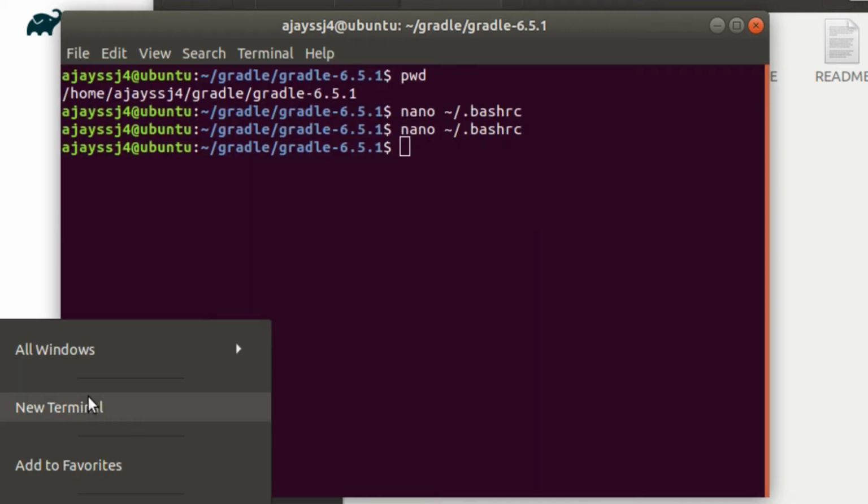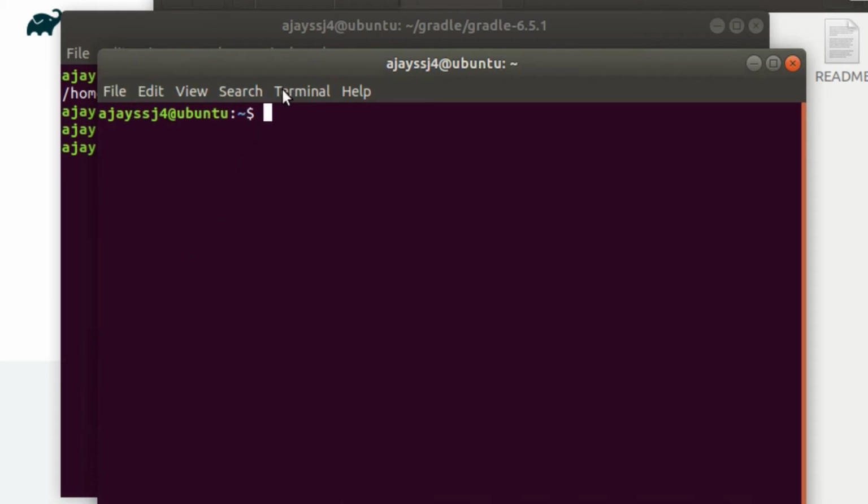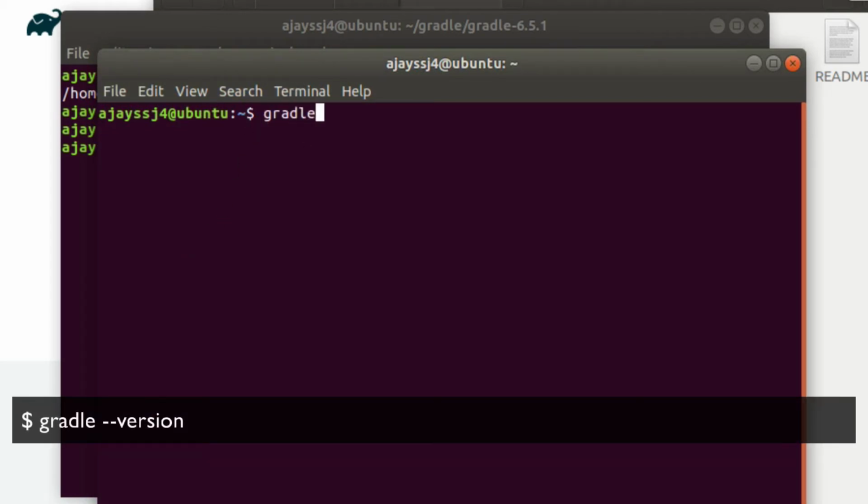Now open a new terminal window and enter the command gradle with the version flag to see the installed Gradle version.